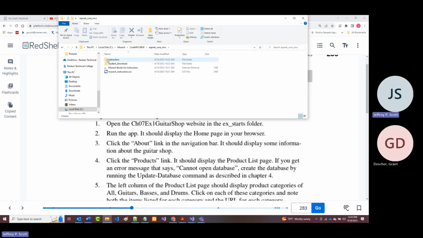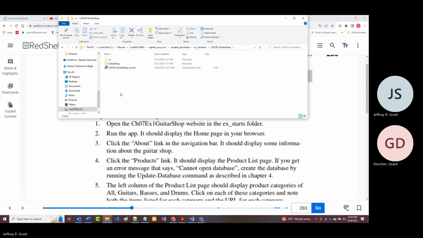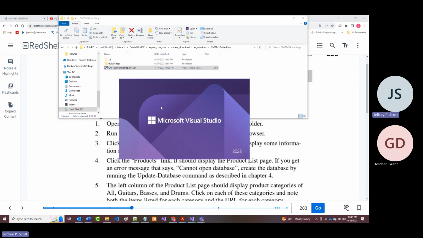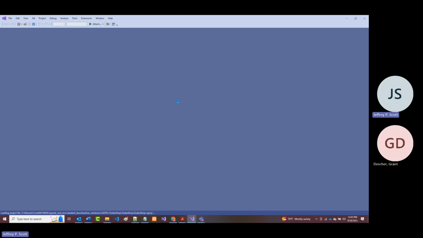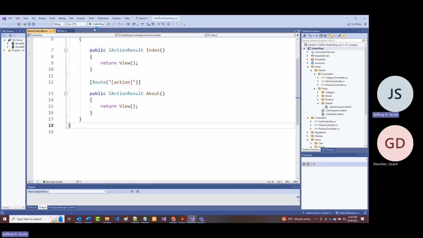And again, you've got this. This is student download. Exercise solutions, chapter 7, guitar shop. I'm going to bring that up. It seems to work, but some of the stuff when I was looking at it last night, I don't think it's complete. But if we look at it here,